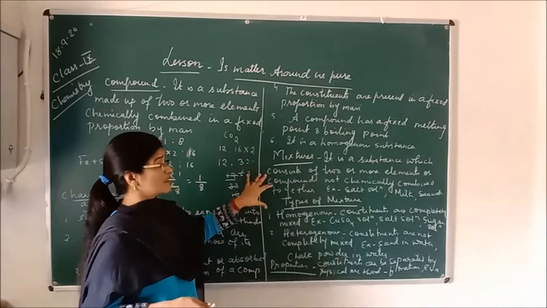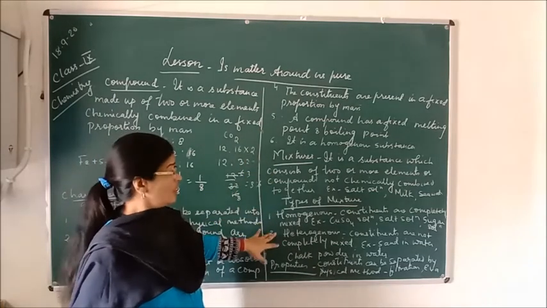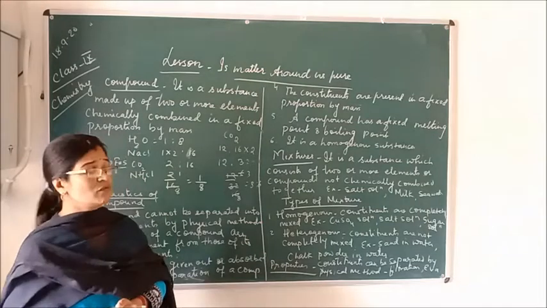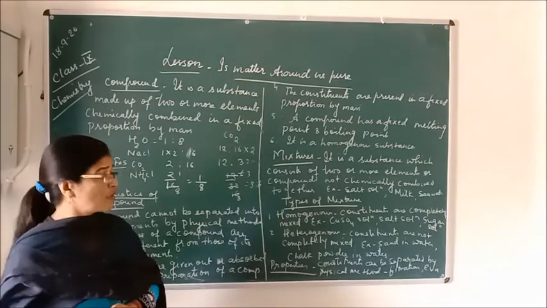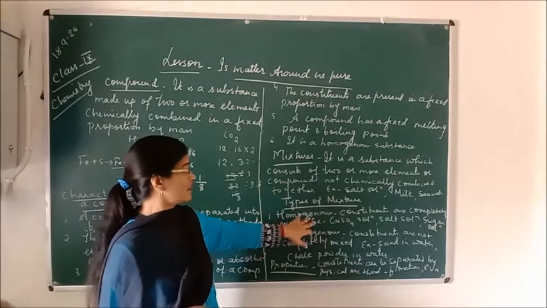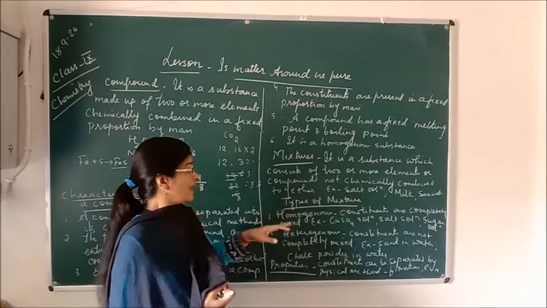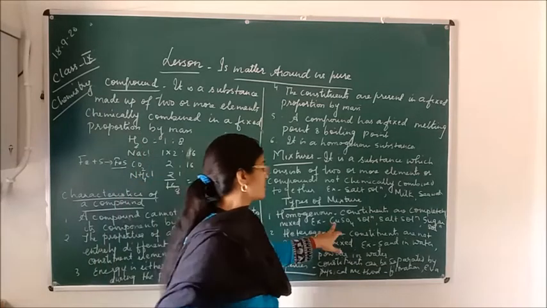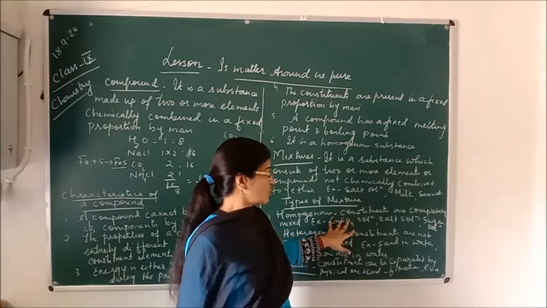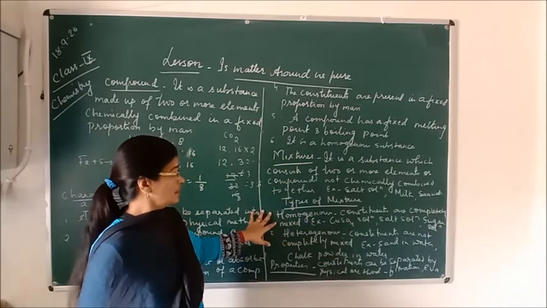So these are all mixtures, and mixtures are of two types: homogeneous mixture and heterogeneous mixture. A homogeneous mixture is one in which the constituents are completely mixed. If we take a glass of water and mix two or three spoonfuls of sugar or salt in it, the particles get thoroughly mixed in the water, so it is a homogeneous mixture. Copper sulfate solution is also a homogeneous mixture, because the crystals of copper sulfate get mixed in the water. Salt solution and sugar solution are examples of homogeneous mixtures.